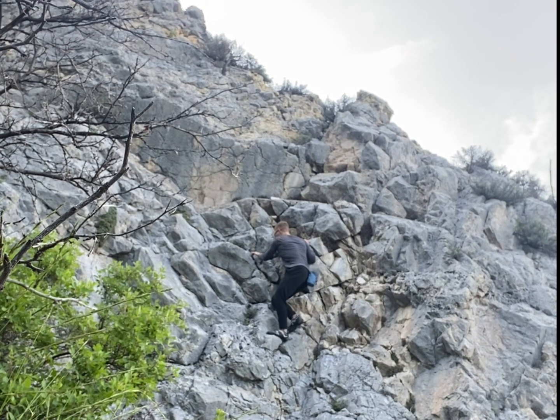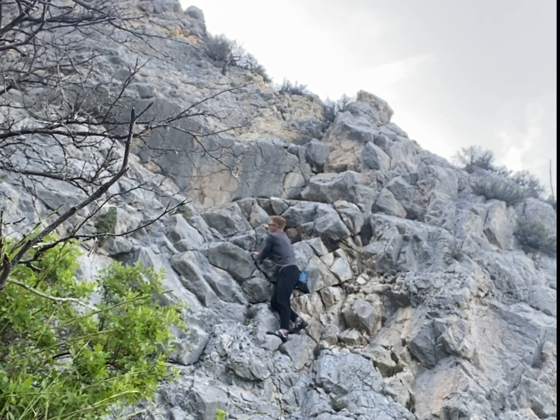But I just make sure to take my time, make sure that I am always having at least 2 or 3 points of contact that are very solid before moving to any other point. So if I find a really good hold, I kind of just sit there and look around and see what my next move is going to be. I'm not scrambling up there. That's how you get hurt,